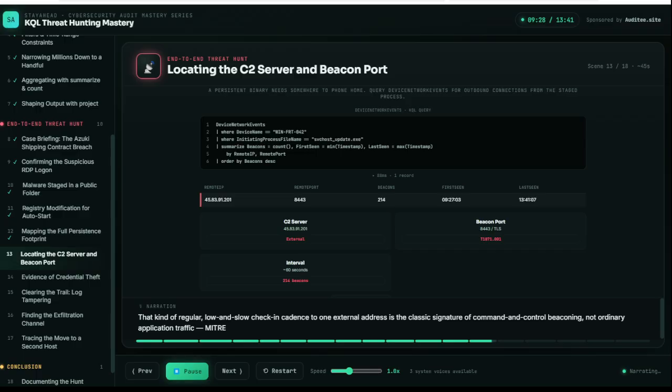A beaconing implant checking in every 60 seconds usually means there's an operator actively driving the intrusion, not just an automated payload running unattended. And an active operator on a compromised host with local admin rights almost always goes after credentials next. Searching process activity for anything referencing LSASS, the Windows process that holds credentials in memory, or for known credential dumping tool names, turns up